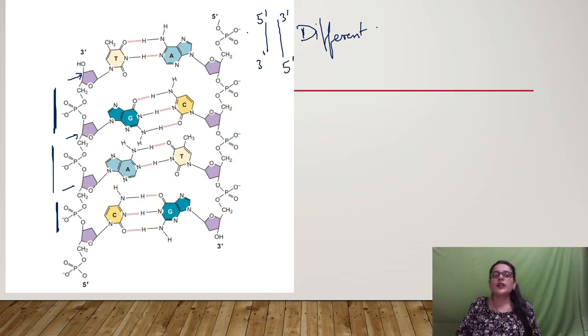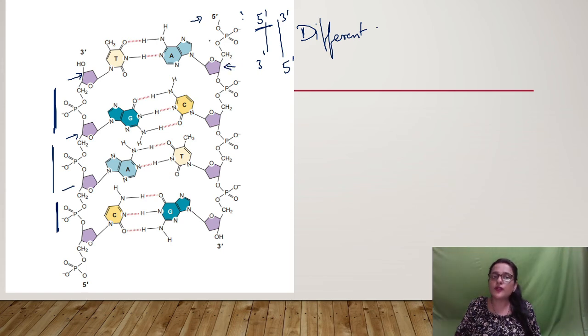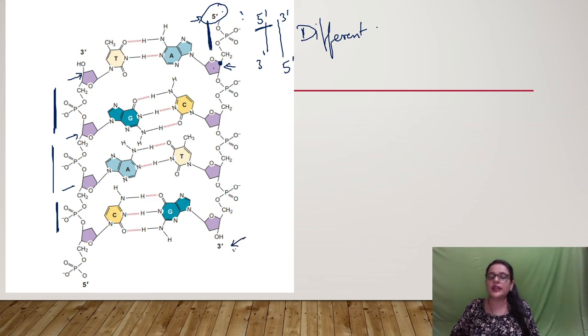What does that mean? If this is 5 prime, let's suppose this strand is 5 prime. So 5 prime means the first sugar is having a phosphate molecule attached to the 5th carbon. That is, a phosphomonoester bond is formed at the 5th carbon of this sugar. So this chain is named 5 prime at this end. Similarly, if this chain has 3 prime written at this position, that means the last sugar is having a free OH group on the 3 prime position. This is the rule, okay?